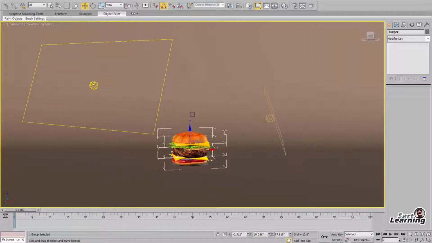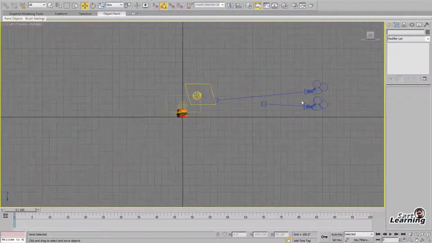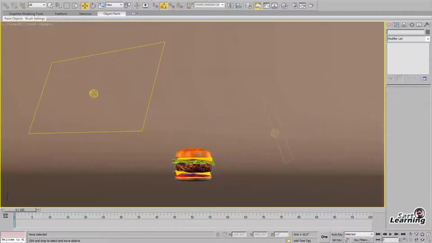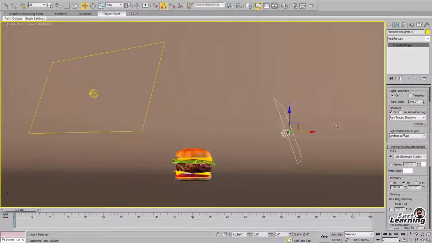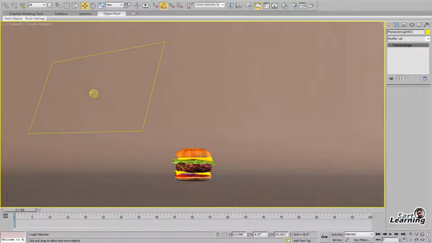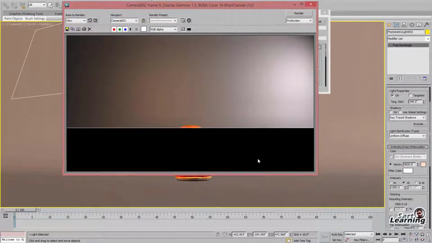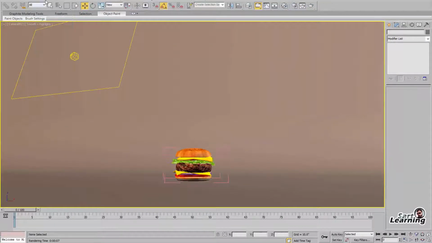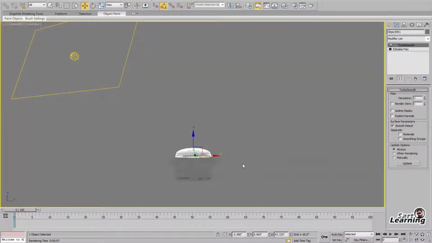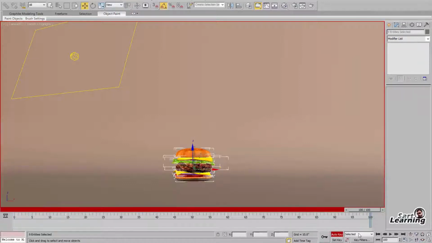Now time to animate this burger. For this I'm going to animate each part individually. For this I'm going to place a front camera for the burger and move the light a little backward. But there is a light shown in the back side. Now time to animate. I'm going to animate this burger in a very simple way.